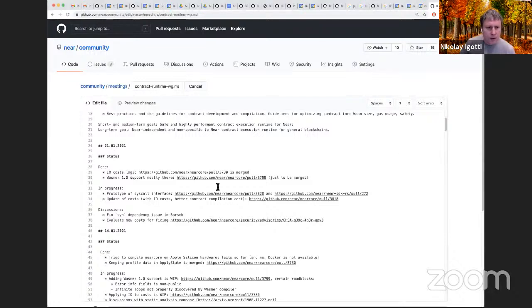Okay, what we have in progress: the prototype of the Cisco interface, which we were discussing. It's indeed just a prototype. We can just abandon it if it doesn't make sense. Also, there is a cost update. It hopefully fixes the problem